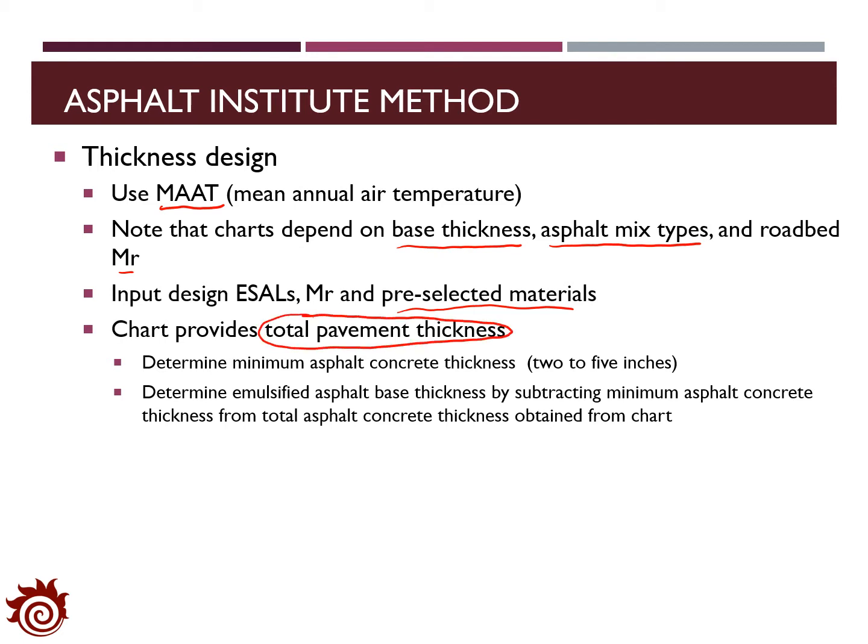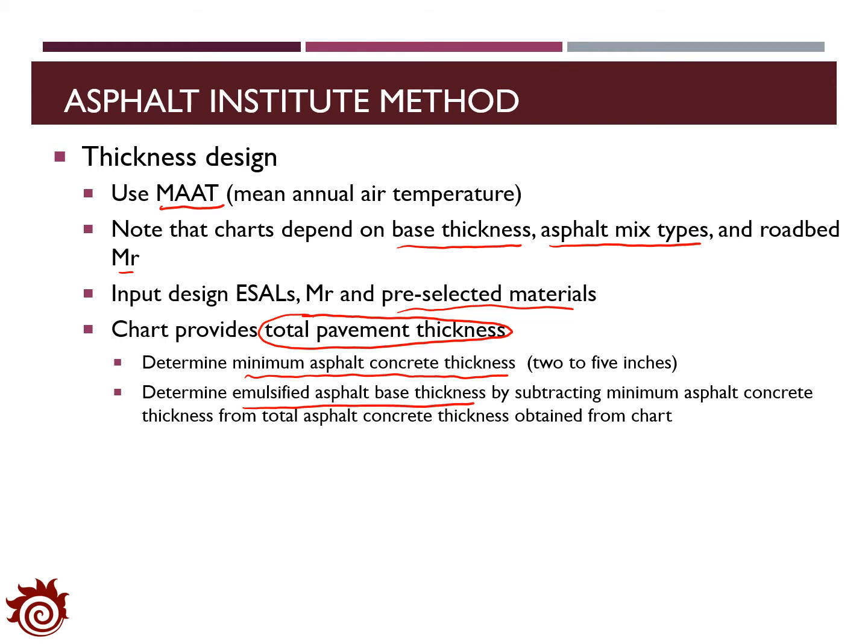With the total pavement thickness, we can then utilize the minimum asphalt concrete thickness, usually 2 to 5 inches, and then estimate the emulsified asphalt base thickness by subtracting the minimum asphalt concrete thickness from the total asphalt concrete thickness obtained from the chart. And we will show the details about how to do the design for the thickness for different layers and different